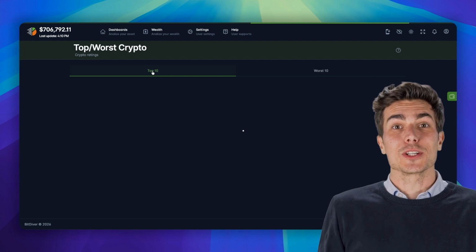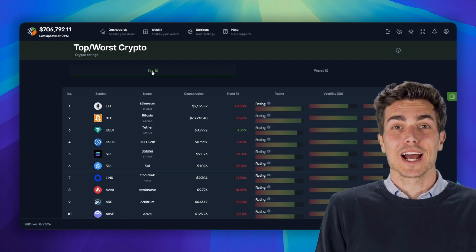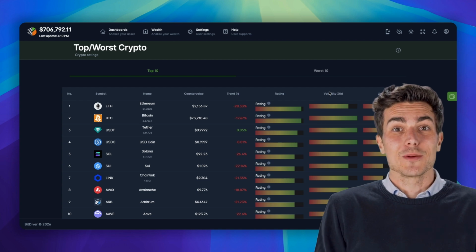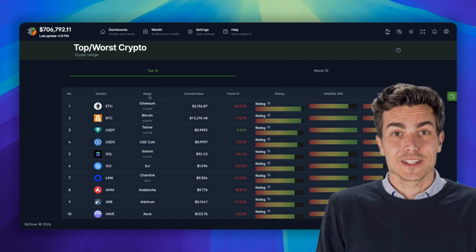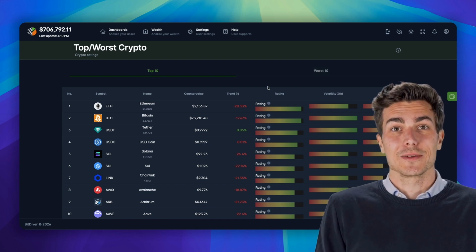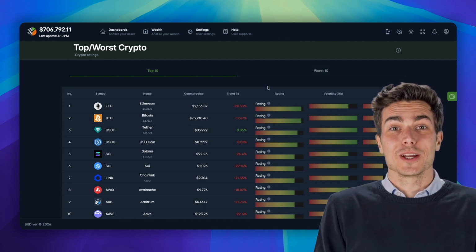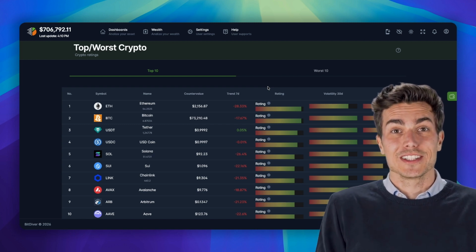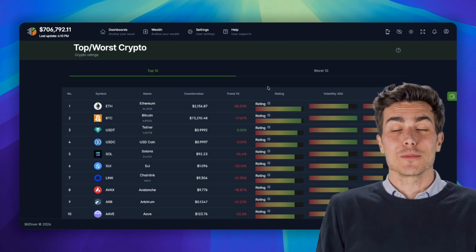The top and worst crypto ratings page allows you to analyze the cryptocurrencies in the BitDiver catalog through two main rankings. Top 10, the 10 cryptos with the highest rating. Worst 10, the 10 cryptos with the lowest rating. These rankings are based exclusively on BitDiver's rating system and are updated automatically on a regular basis. The goal is not to suggest investments, but to offer a comparative tool to understand how different cryptos position themselves